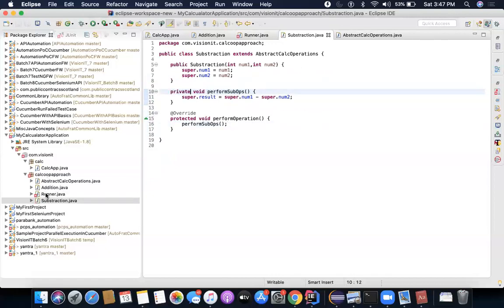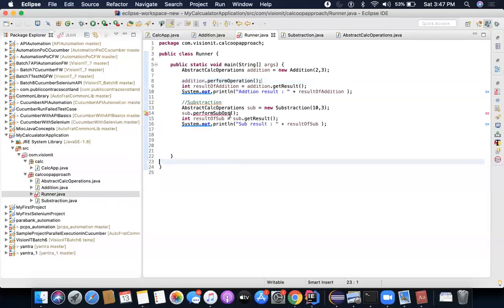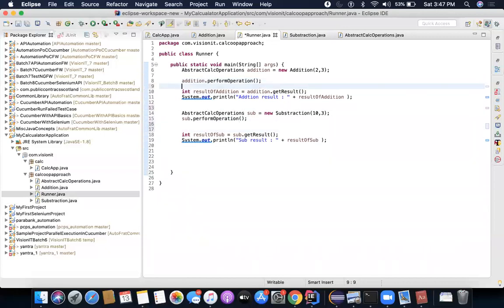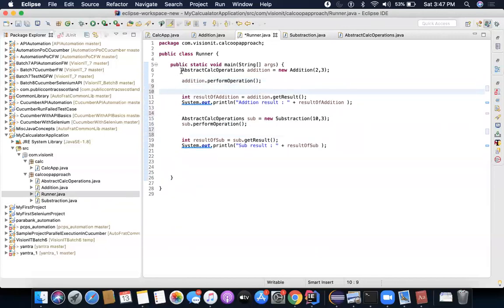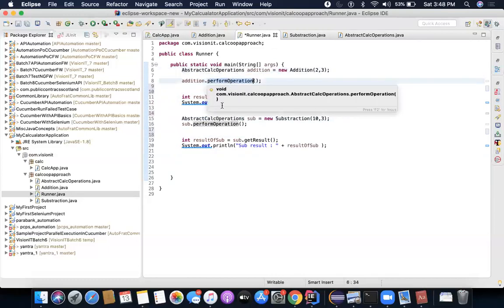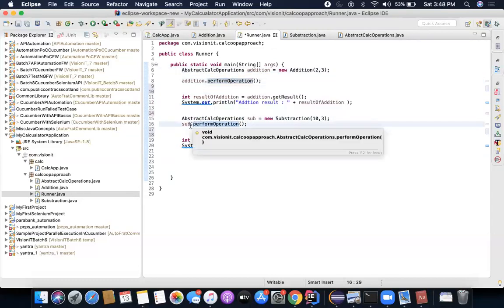Now if I go to the runner file, how will it change? I will just simply write dot perform operation. So now notice what's happening. You see this same class I'm using here as well as here, and this allows me to call the same method perform operation here as well as here. I'm not calling sub dot perform subtraction or perform addition.